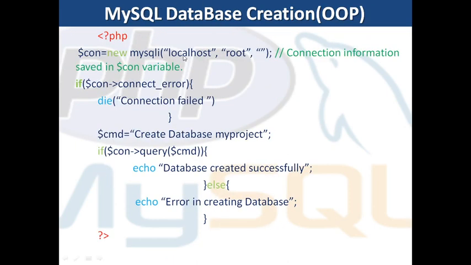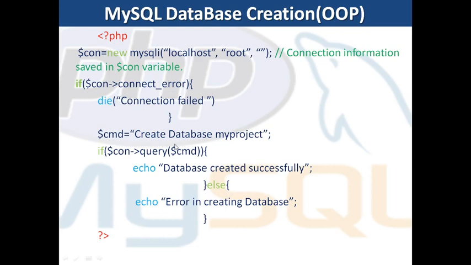So, MySQL database creation using the object-oriented programming approach. Here again, the same connection object is initialized. The MySQLi object has been initialized as $con, and then it checks whether it generates any error. If it generates an error, then stop executing the PHP script further. If it does not generate any error, then continue: $cmd create database my project, or we can give another name, any name,